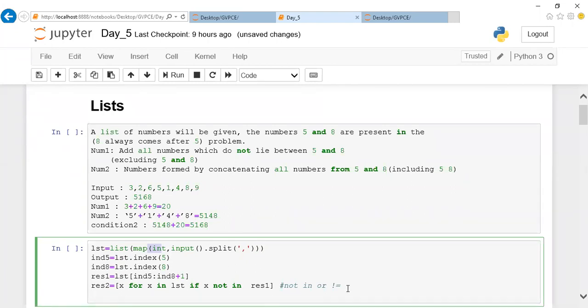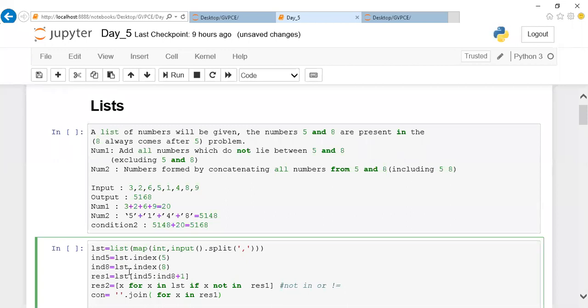So now let us go ahead further. You're going to join this data. If we want to join, we know that there is one method called join available, so you can make use of it. Dot join method. And here you're supposed to mention what you're going to join. I'll mention for x in my result one. My values of the result one have to be joined.